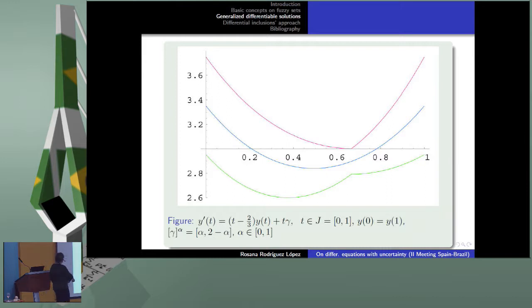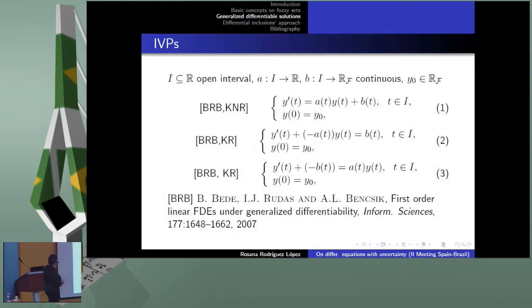In the linear case, it's quite easy to make this construction because the study of the change of the sign of the coefficient a of t is helpful to construct the different type of solutions, one or two solutions. In any case, it is not easy to write the explicit expression of the solution just for simple problems of this type.